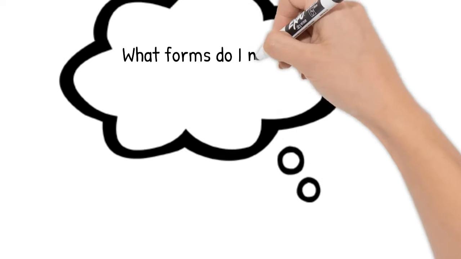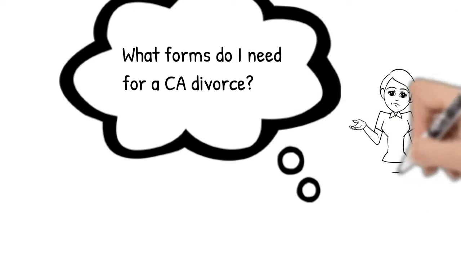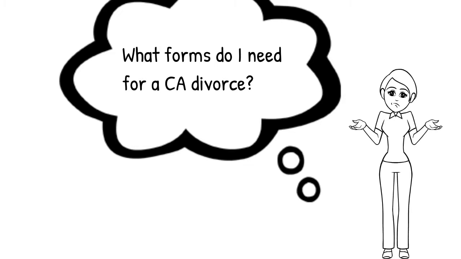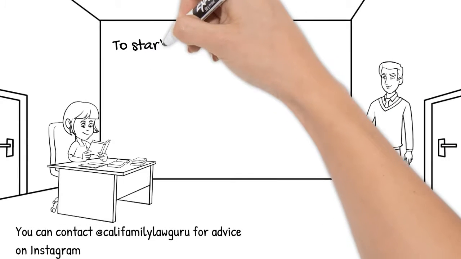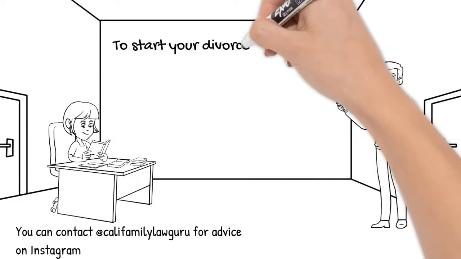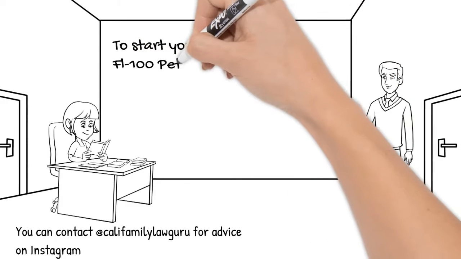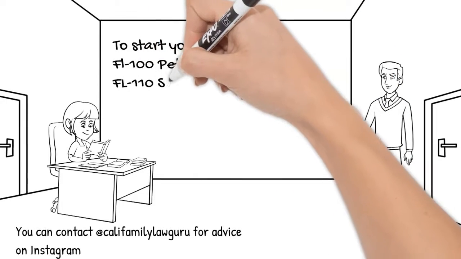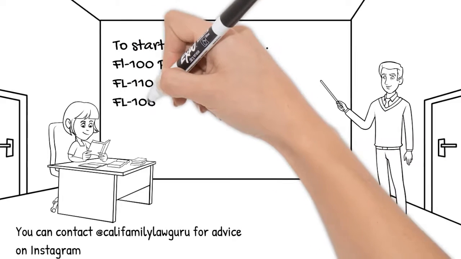Today, we are going to talk about what forms you need in order to get a divorce in the state of California. When you're first filing your petition, you're going to start with the FL 100 petition document. You also need to make sure that you include the summons, and if you have any children, you use the